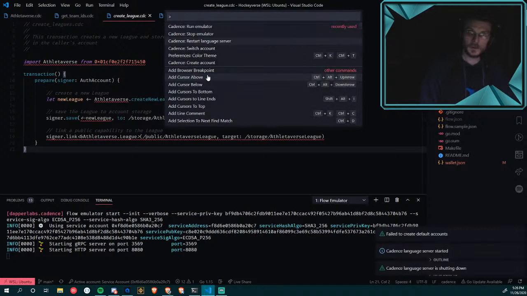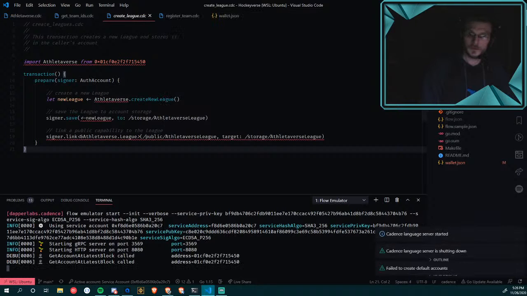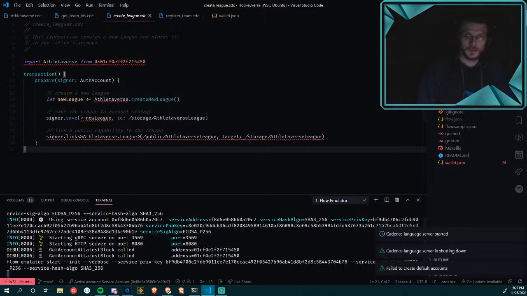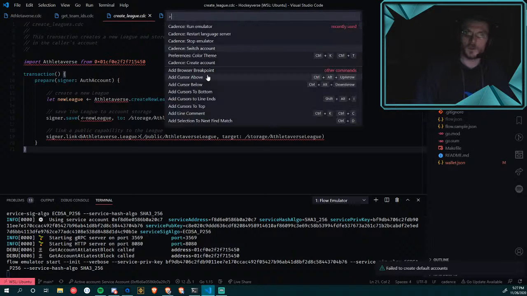Creating the default accounts. Could just be because I'm using the super dated version, well, not super dated, but it also could be because I didn't properly stop it.